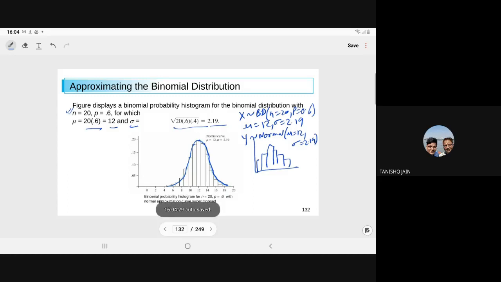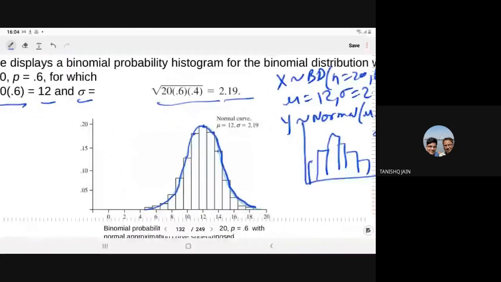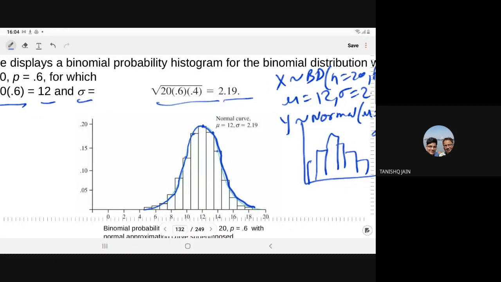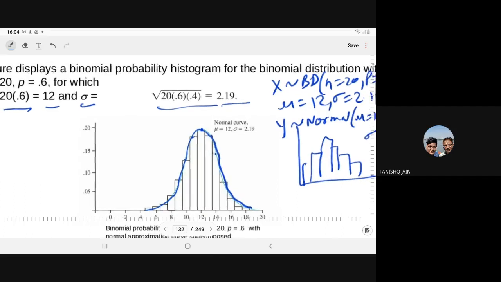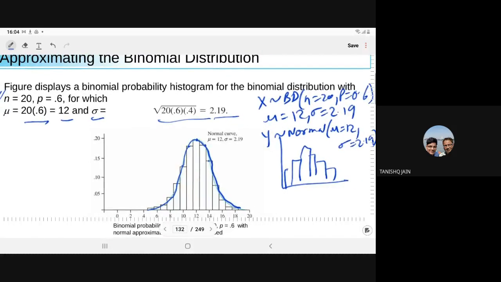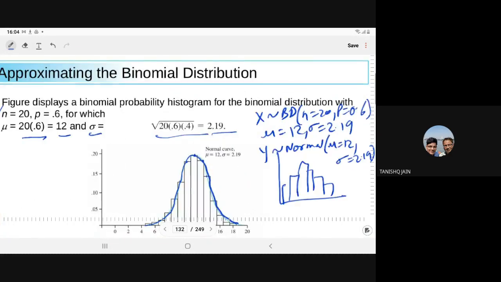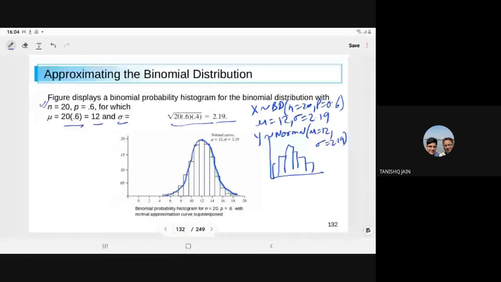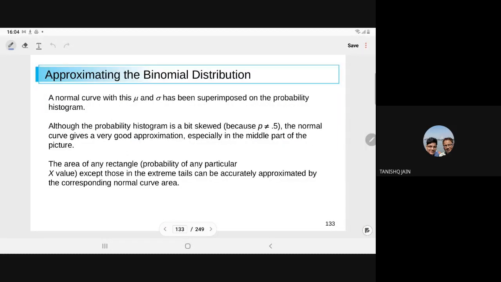you can observe from the figure that more or less both are coinciding. Whatever area is covered by the boxes of the binomial distribution, more or less the same area is covered by the line drawn for the normal variate. So the normal curve with mu and sigma has been superimposed on the probability histogram of the